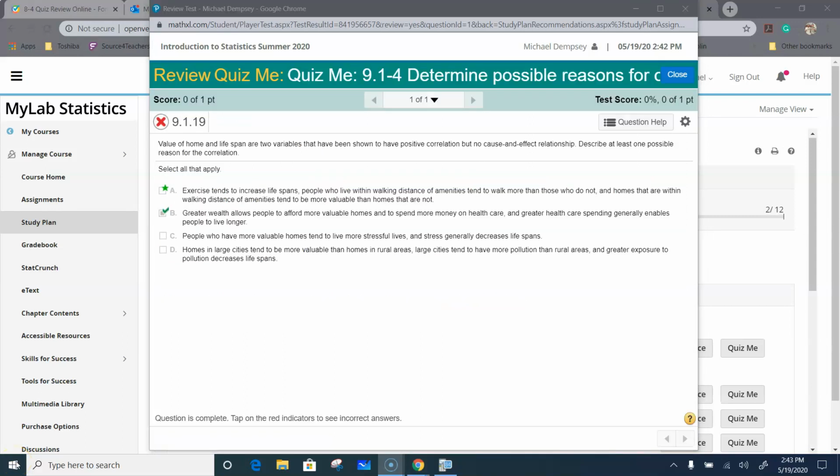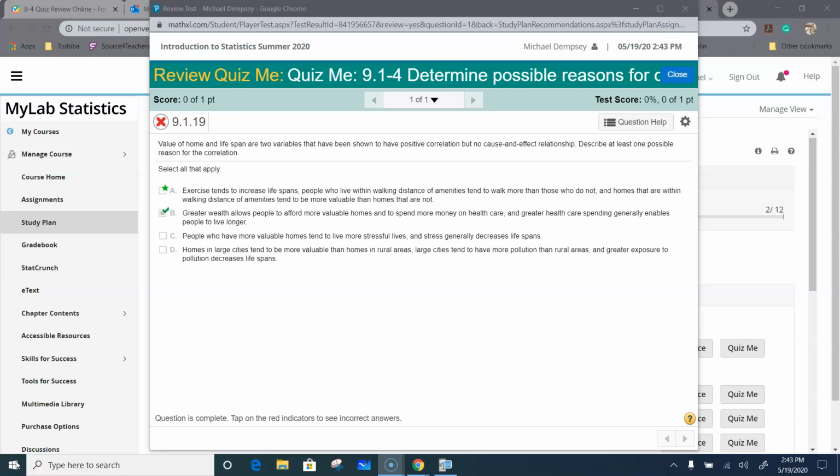So I don't think I read the first one very carefully. I didn't see they're bringing the third variable of exercise into play and amenities. I think that's connecting an awful lot of dots, but their correct answer there was the first one, not